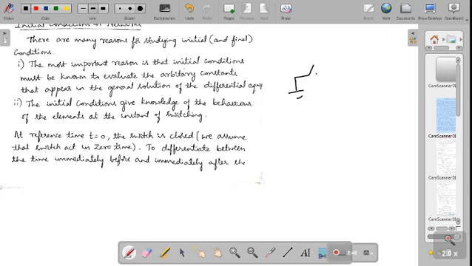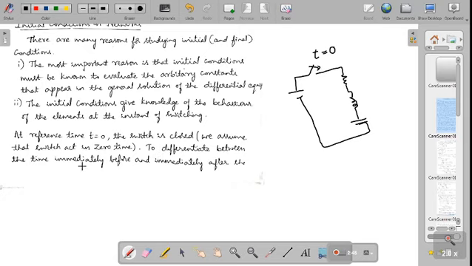if there is a switch, let's consider there is an inductor and a capacitor, and this is your circuit. If there is a switch, as I said, the time taken for closing the switch is 0. At reference time t equals 0, the switch is closed. What does it indicate? We assume that the switch acts in 0 time. It takes only 0 time to close the switch.